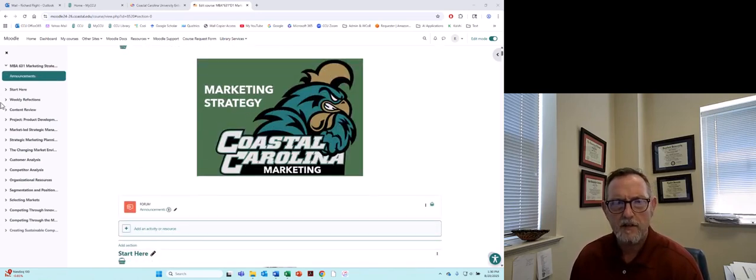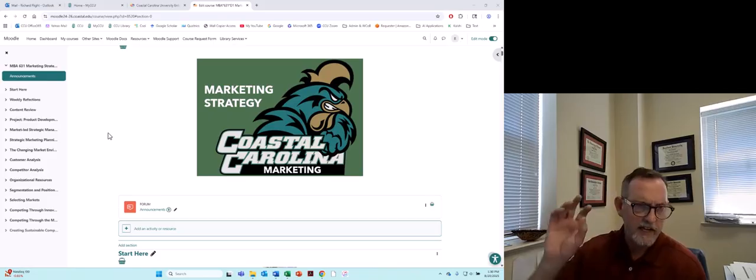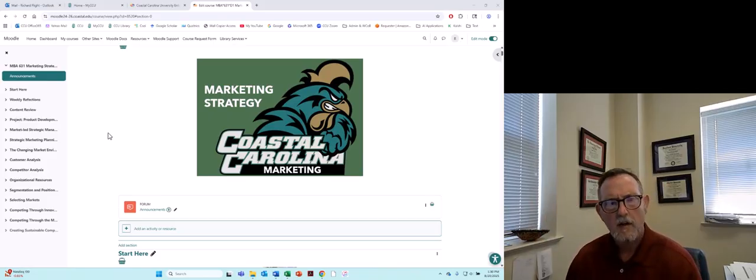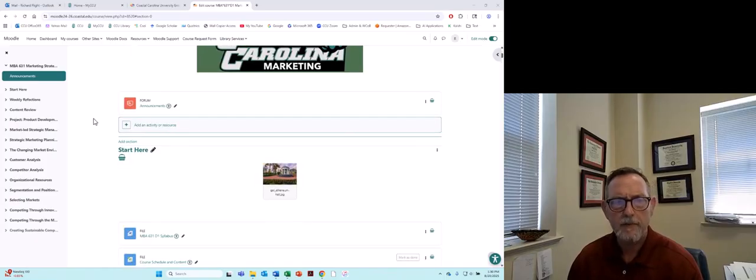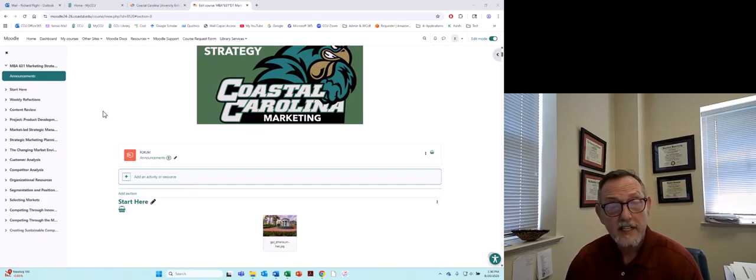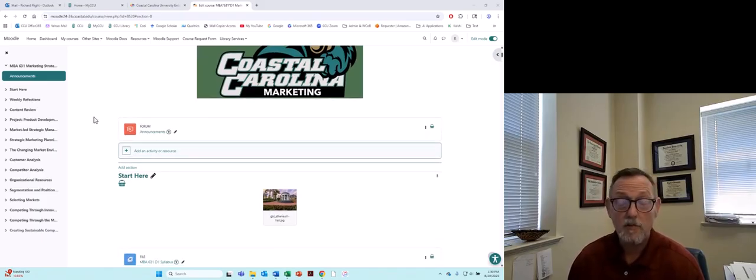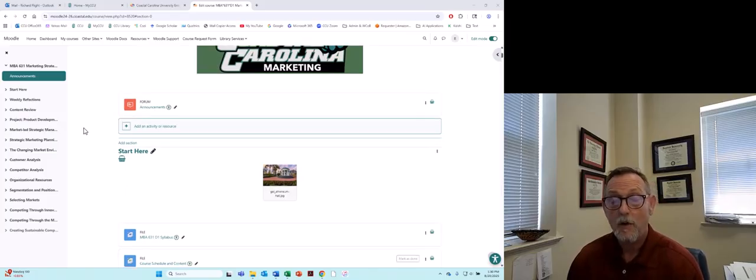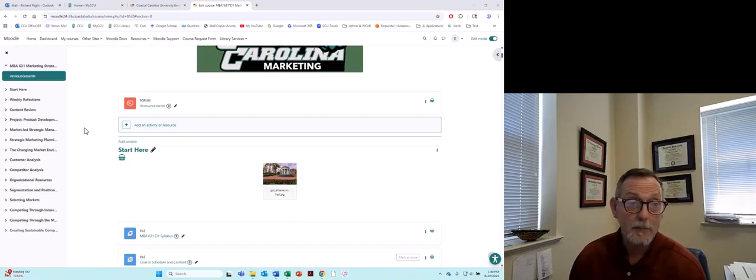And you can use the guide on the left, the toolbar on the left, to look at the different tiles or modules. I have it pulled up in such a fashion where I can just simply scroll down. Occasionally I'll send announcements out, usually on a weekly basis or so, just touching base with you on what we're doing in the class. So that should help you stay up to date.